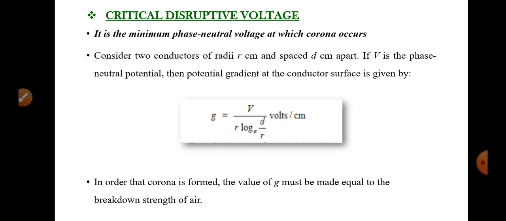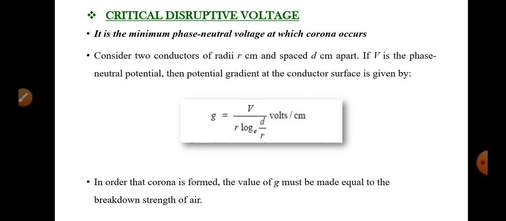And let us see what is the equation for critical disruptive voltage. So consider two conductors having radius r centimeter and they are spaced d centimeter. And if V is the phase to neutral potential, then the potential gradient at the conductor surface will be G. We know that potential gradient is V divided by some distance. So here potential gradient is given by G is equal to V divided by r log d by r,